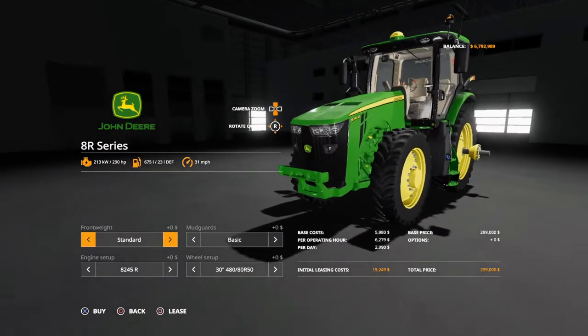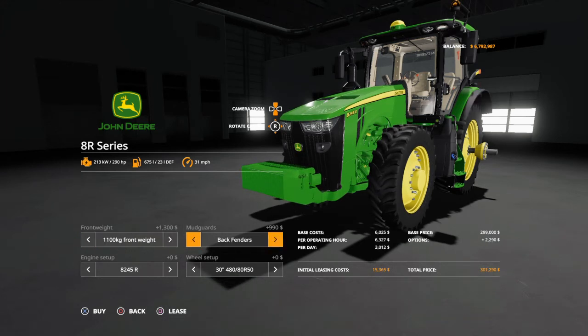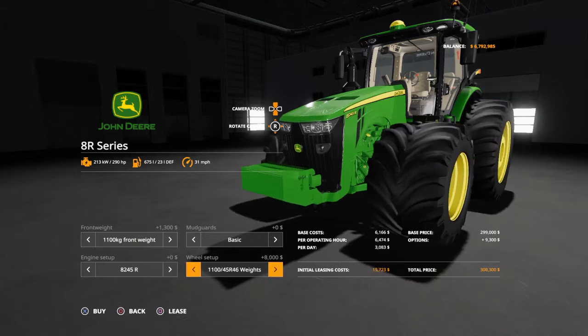Let's go ahead and quickly go to... Okay, you have the standard front weights, which are just the hanging front weights. You do have mud guards for the back, or for the front, or for both, if you so choose. Let's see, you do have...